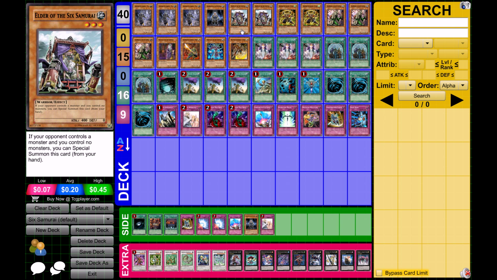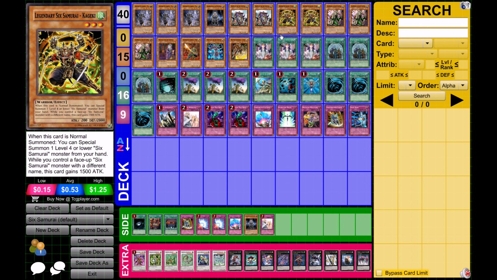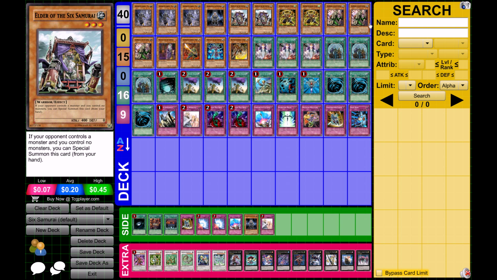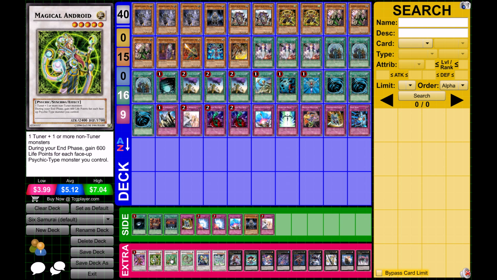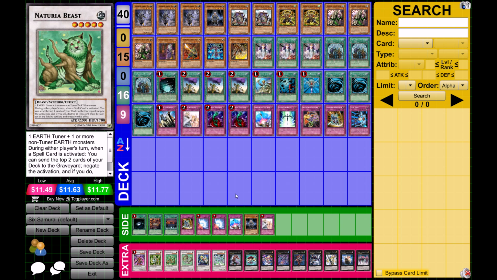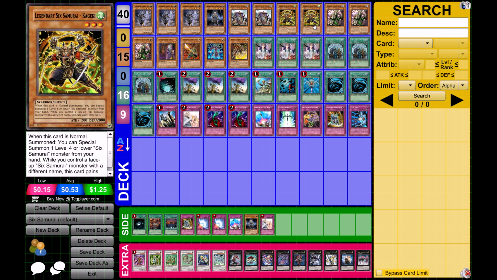So Elder, I see people running 1 sometimes, and I think 2 is working out pretty good. Most people run 2. Basically a Cyber Dragon, level 3, pretty much helps you get out your level 5s, and level 6 as well. You can tune this guy with your Kagemusha to get your Shien or any level 5, or your Naturia Beast. Kageki, sorry, not Kagemusha, Marauding Captain effect, 2000 defense, 1700 attack,